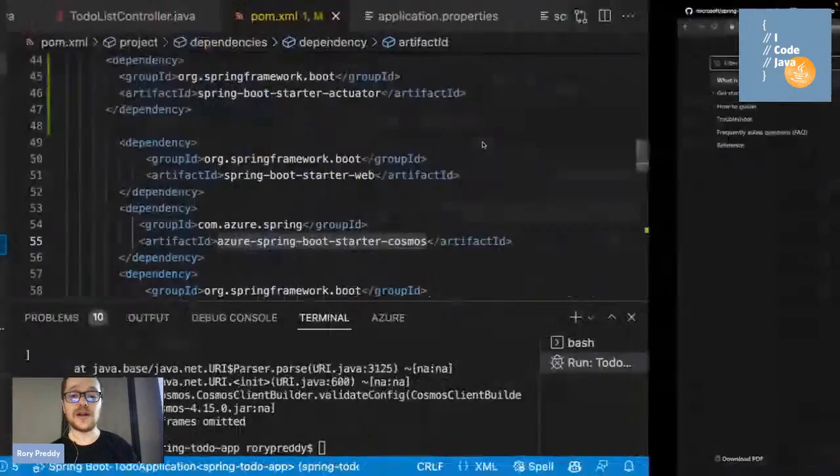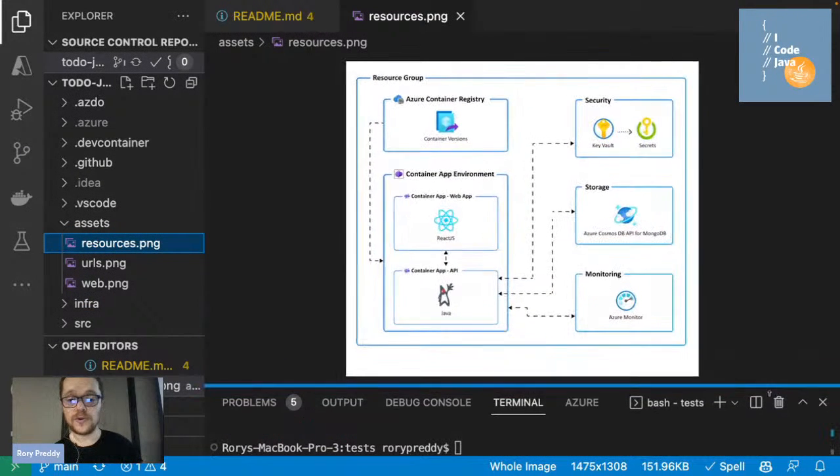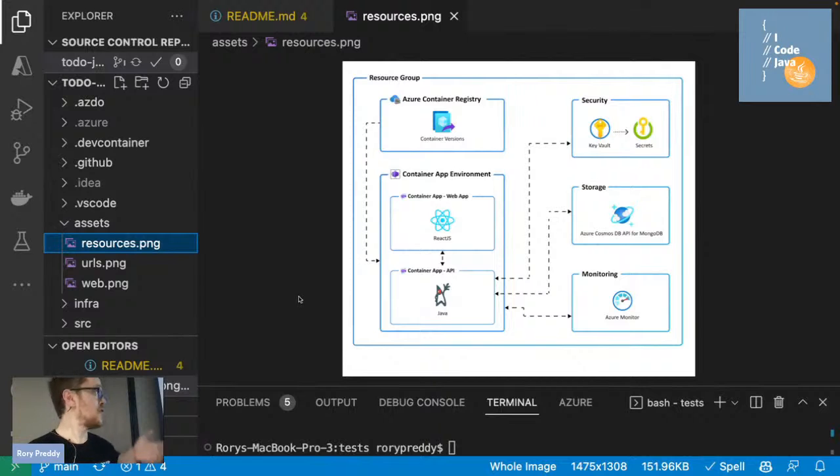I did another little demo here. Let's make it a little bit smaller. So this is what I built while we were talking in the session. So I've got a container registry. I'm building an application, the same to-do application that we did, a little bit different there. It's going to push that container into a container app. That container app then is going to have an API, and then it's going to use Key Vault for security, and then Cosmos DB, the same Cosmos DB really that we used in the previous example. And then for monitor, it's going to use Azure Monitor.